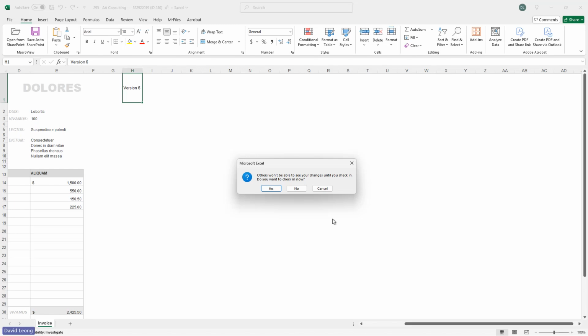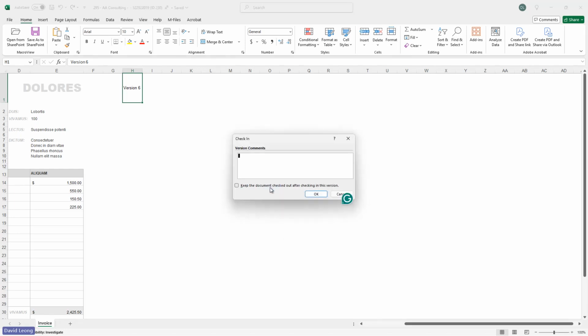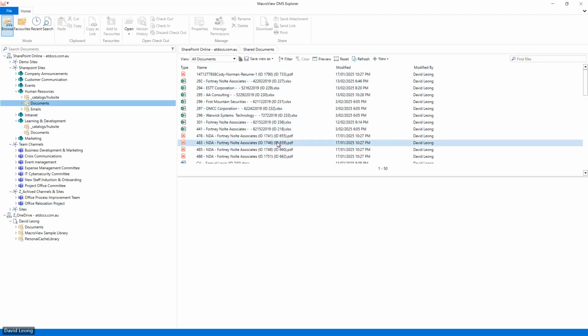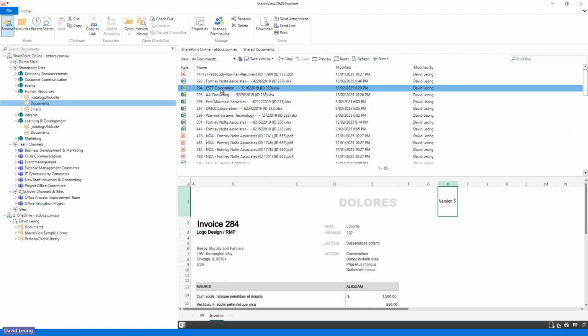So it checked it out like a document management system. So yes, I will check that in. I can leave an additional message. And that's checked back in. So when I refresh this, that document's gone back in, and you can see the version has changed as well.